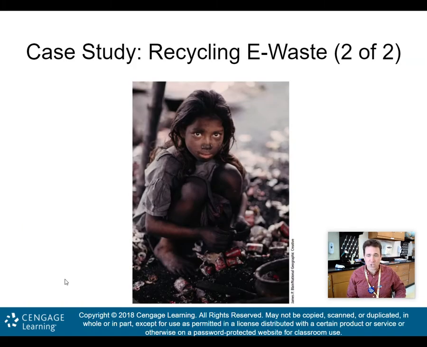Here's a tough picture to look at. This is in Dhaka, Bangladesh. This is a little girl recycling batteries. Basically, she's hammering these batteries apart to take out the tin and lead that can then be sold. Obviously, you can tell not only are the working conditions dirty, but they're hazardous. She's working with toxic batteries. This is kind of tough to see as a father of a daughter who is 12 years old.